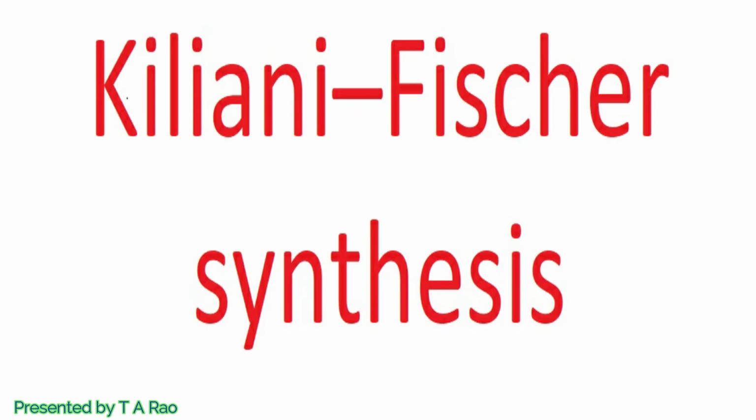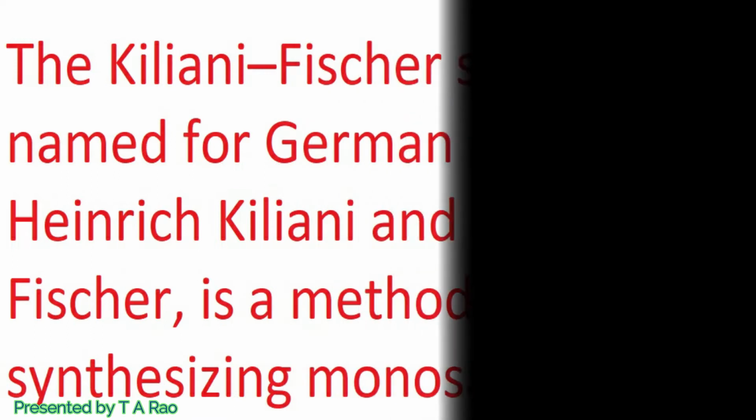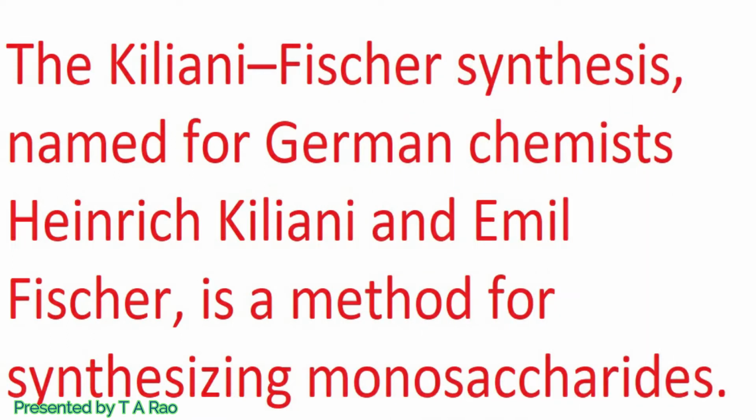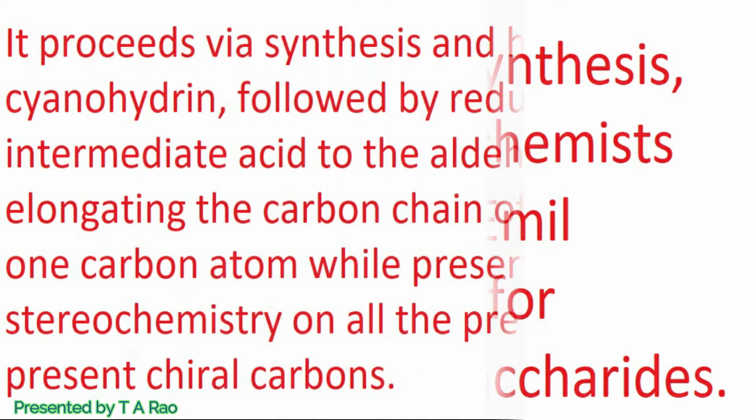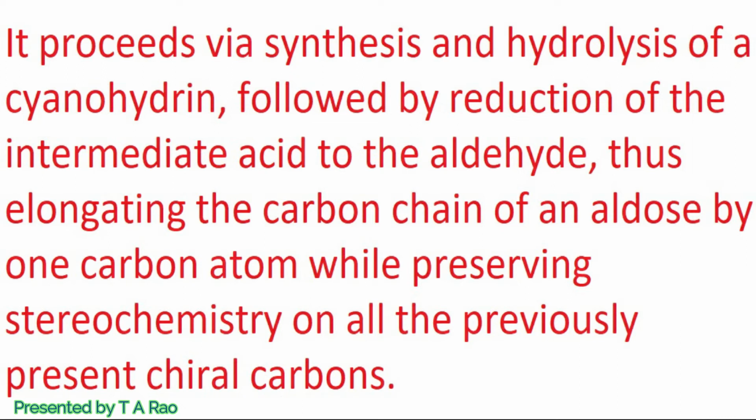The Kiliani-Fischer synthesis, named for German chemists Heinrich Kiliani and Emil Fischer, is a method for synthesizing monosaccharides. It proceeds via synthesis and hydrolysis of a cyanohydrin, followed by reduction of the intermediate acid to the aldehyde, thus elongating the carbon chain of an aldose by one carbon atom while preserving stereochemistry on all the previously present chiral